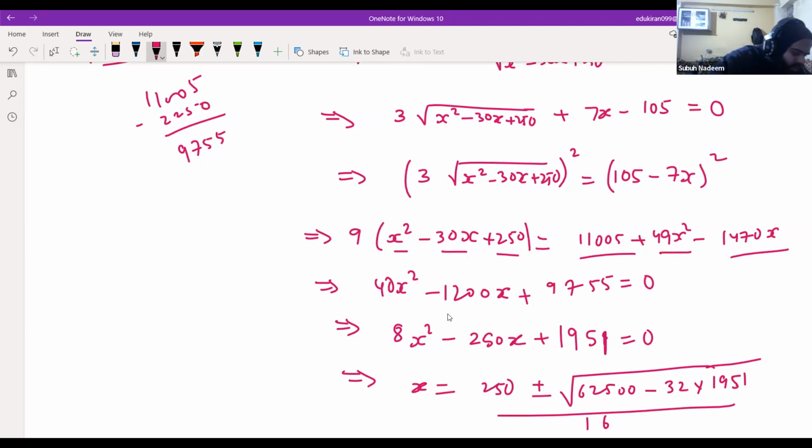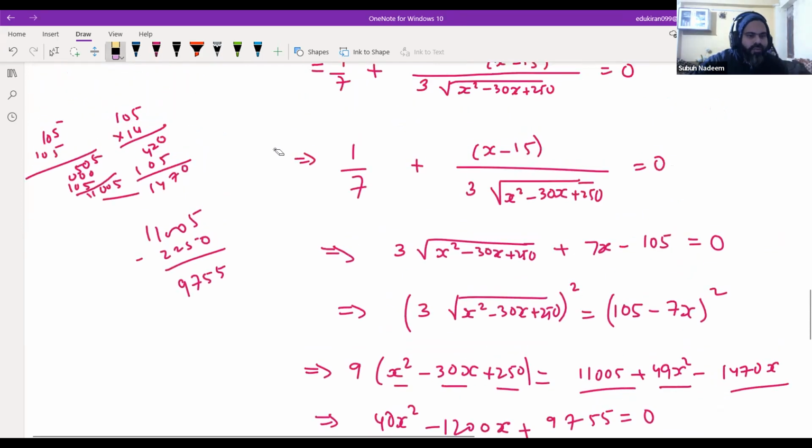I hope the calculation is okay. Let me do the calculation from the calculator also. 105 into 105 is equal to, okay, this is a wrong calculation which I did. So 105 into 105, let me check here also. 5 fives are 25. So this was a wrong calculation. This is 11025. 49x square minus 105 into 7,